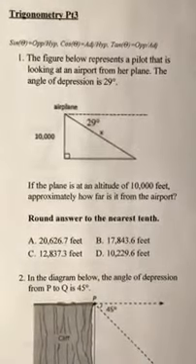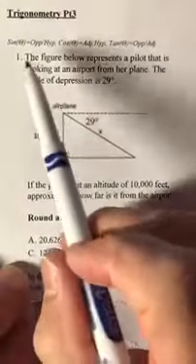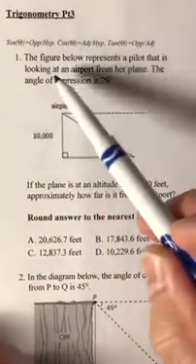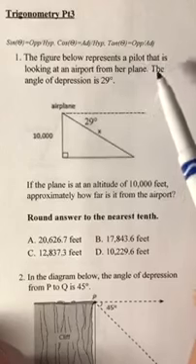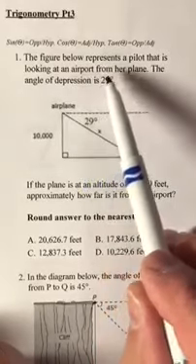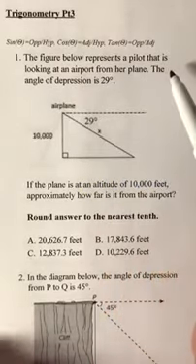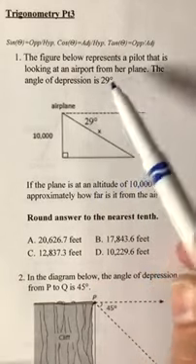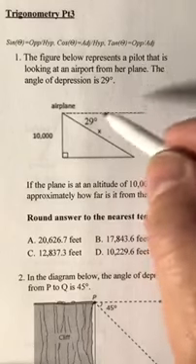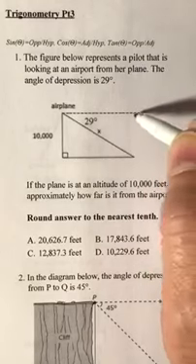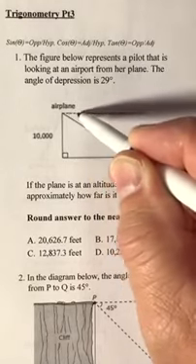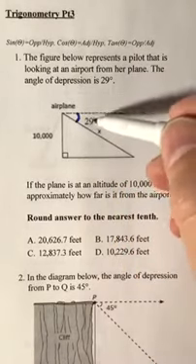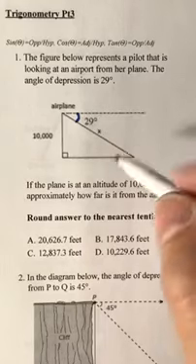Trigonometry Part 3, continuing using trigonometry functions, sine, cosine, tangent. So the figure below represents a pilot that is looking at an airport from a plane. The angle of depression is 29 degrees. So you see the angle of depression is 29 degrees, and this 29 degrees, I want you to immediately put it here,